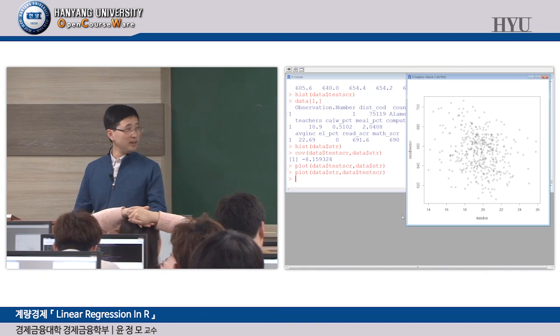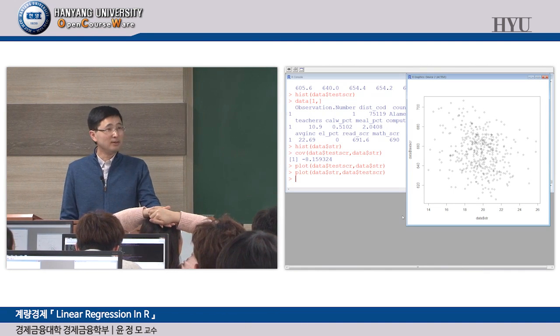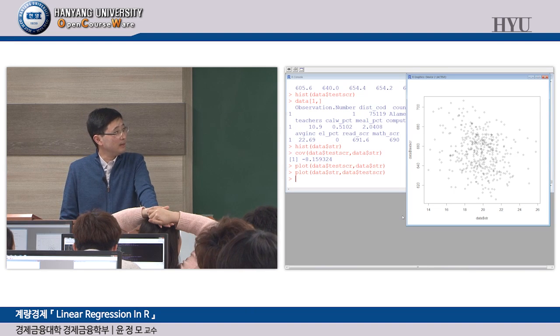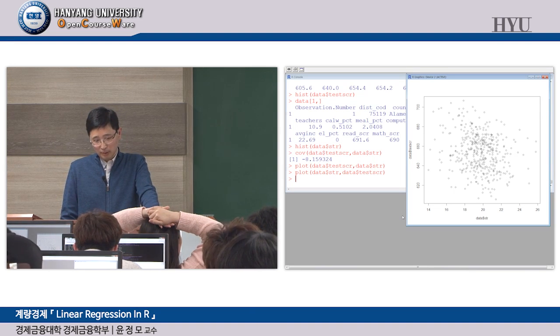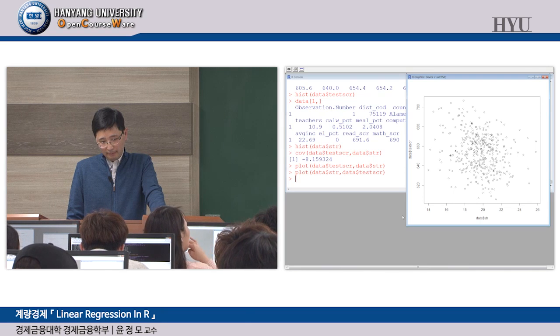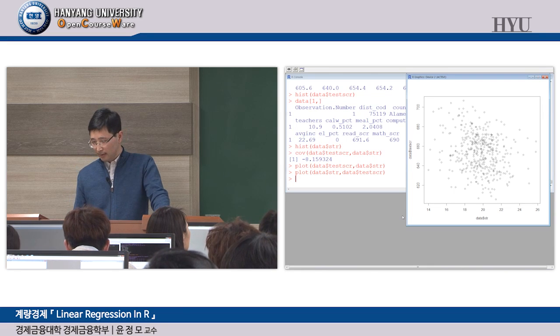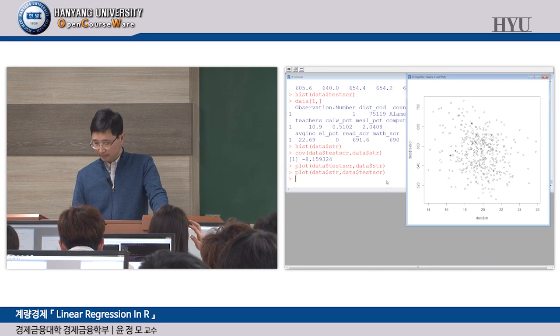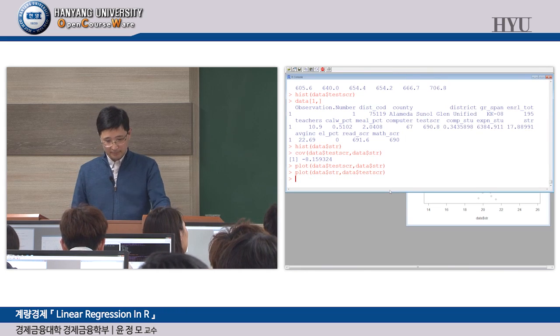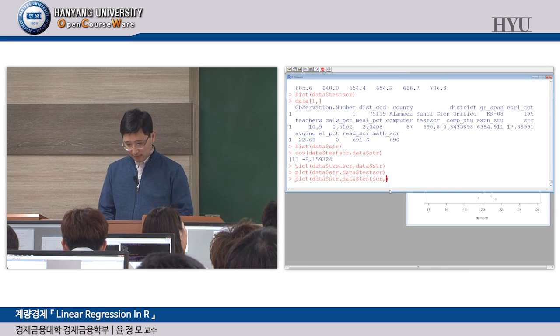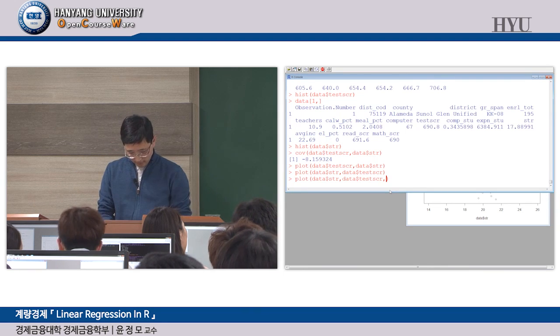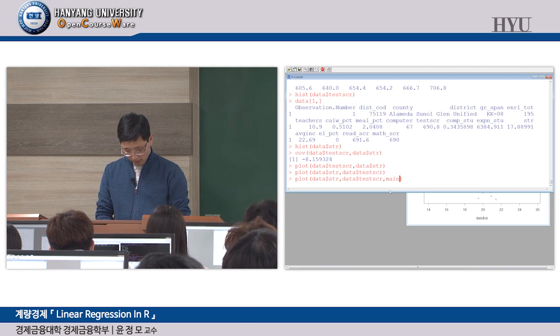One thing we do know is that it's very noisy, right? So the R squared that we learned yesterday cannot be very high. There's so much variation in the dependent variable. Now you can make this plot a little bit better looking. For example, if you say comma main gets